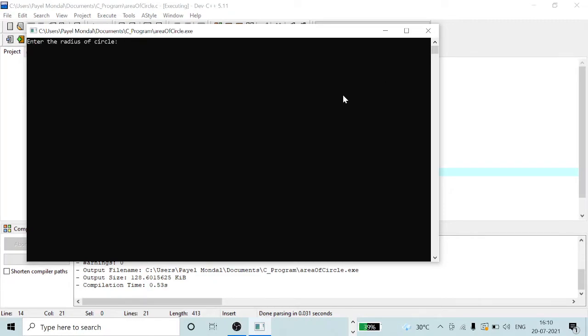Okay, so enter the radius of circle. Let's say it is 13. And enter the value of pi. Let's say 3.14. The area of the circle is 530.659973. See?